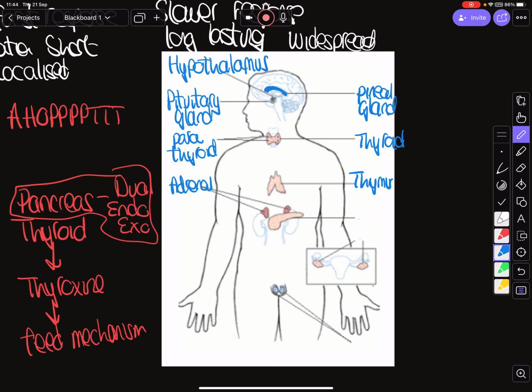They'll do fight and flight for us. We also have our pancreas, which we cover when we do our digestive system. And this diagram is of a male, so these are going to be the testes in the male. And up here we have the ovaries in the female. Now, in an ideal world, as I say, you have to know a hormone that these all make. So we are going to start with the hypothalamus, and we're going to choose ADH.